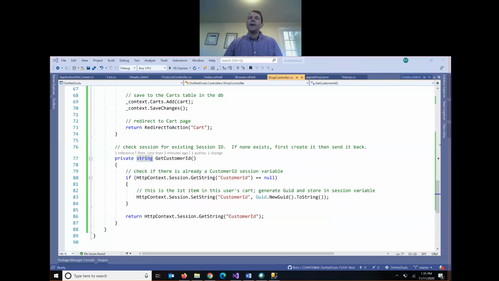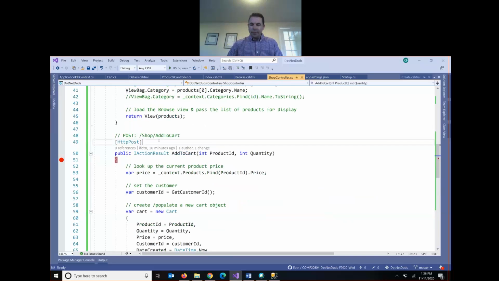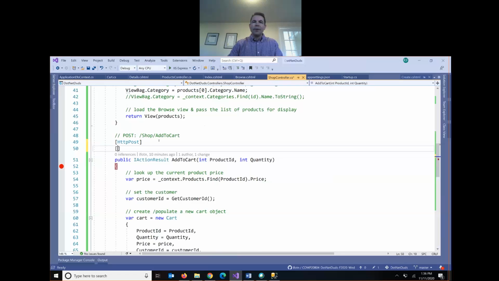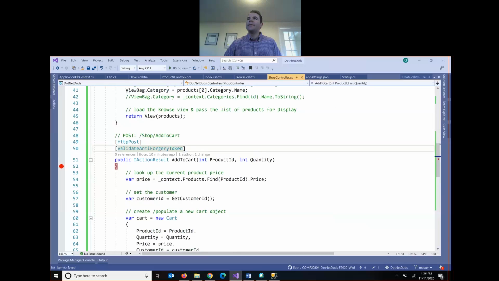So I'm going to put our validate anti-forgery token back. Mike had a great suggestion that'll help us fix that. So I'm going to go back and re-enable it. It does work without it, but it is a good idea. So if I put my validate anti-forgery token back on the method,